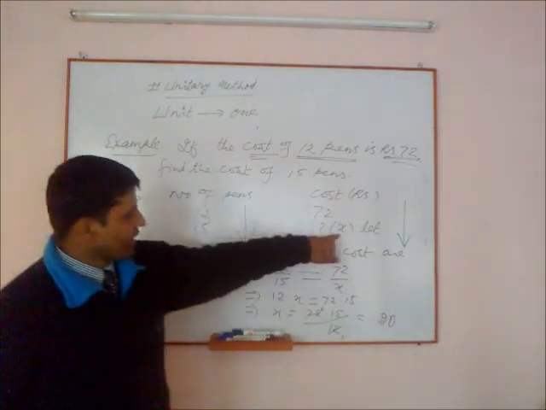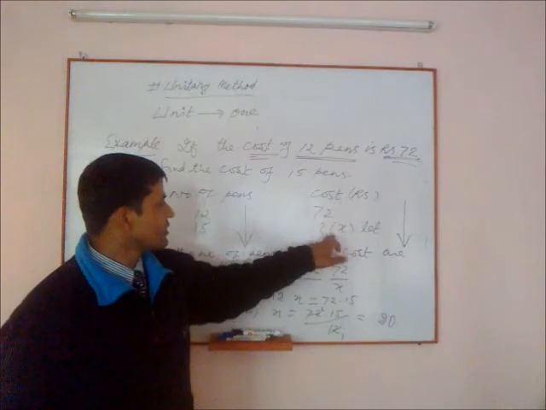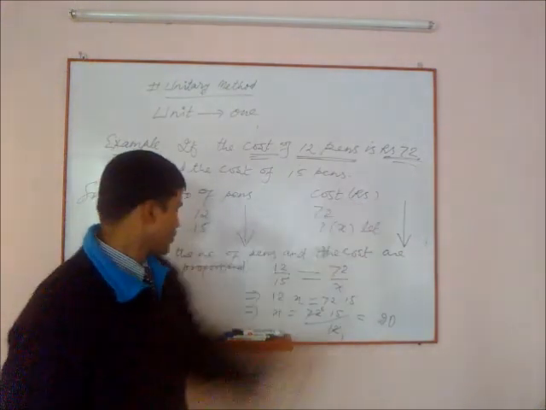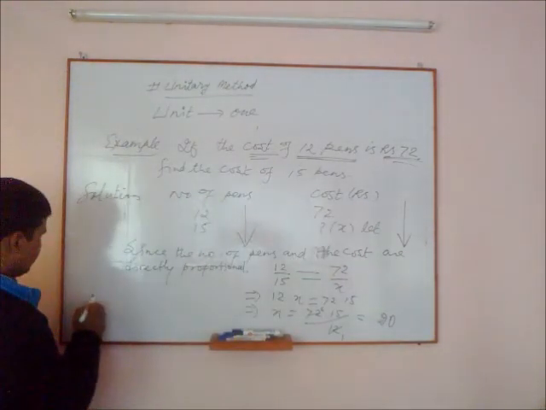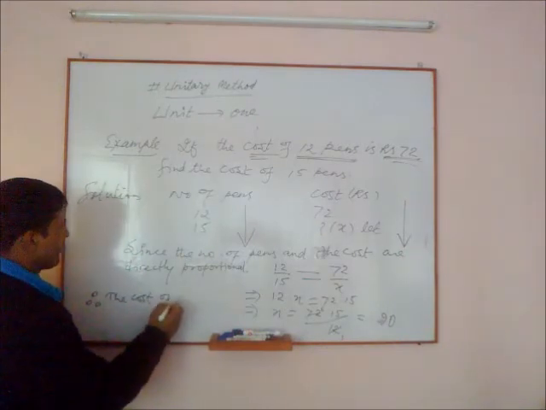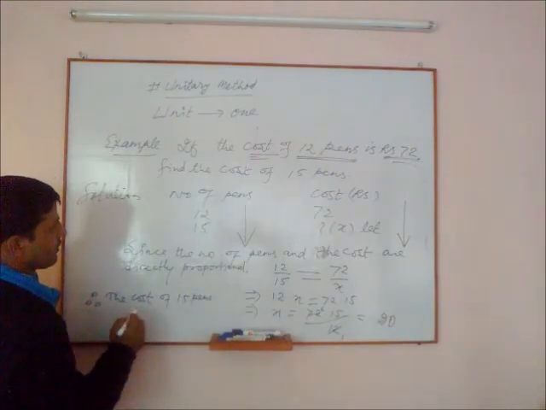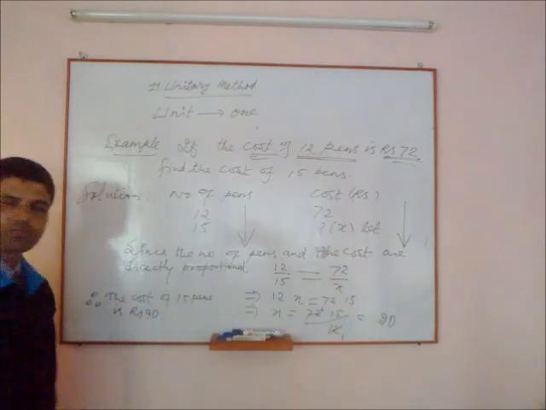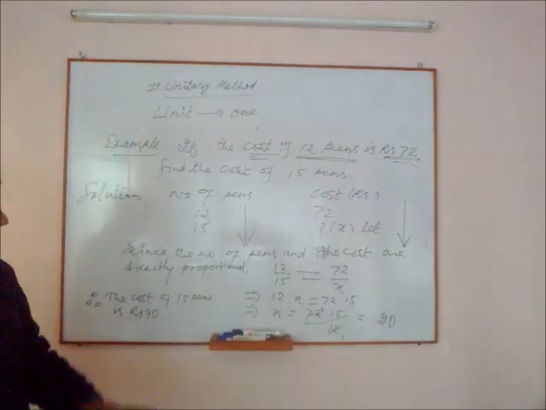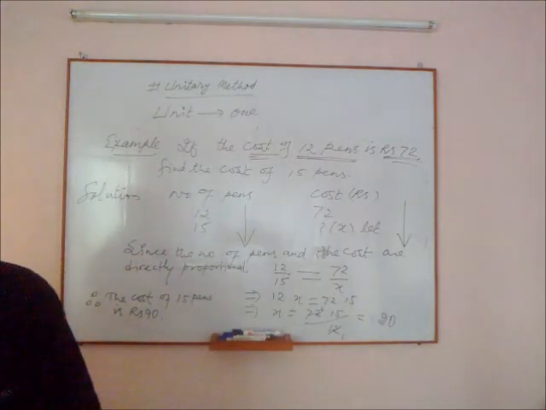It means the value of x is 90 and x is cost, so the unit of this x is rupees. So therefore the cost of 15 pens is rupees 90. So we are getting the same answer by using different methods. Any method